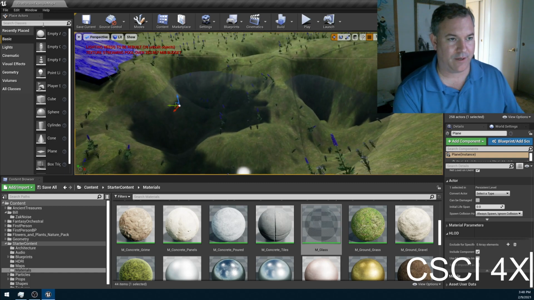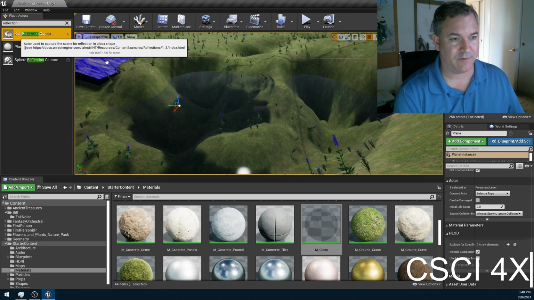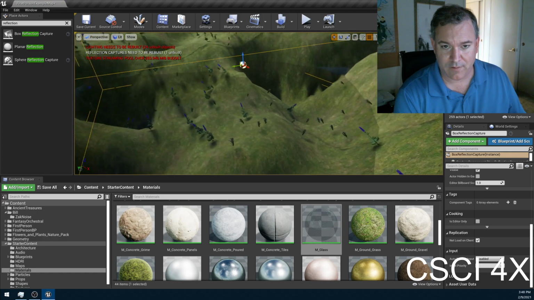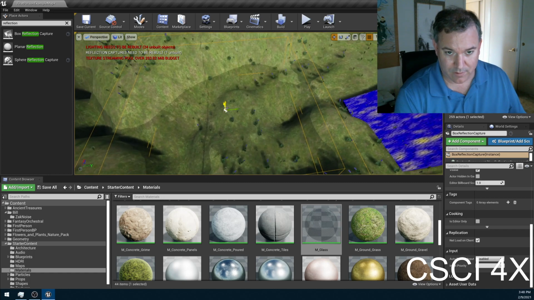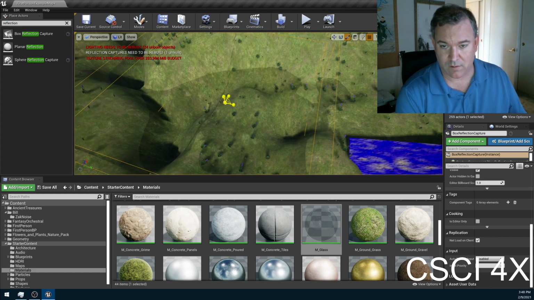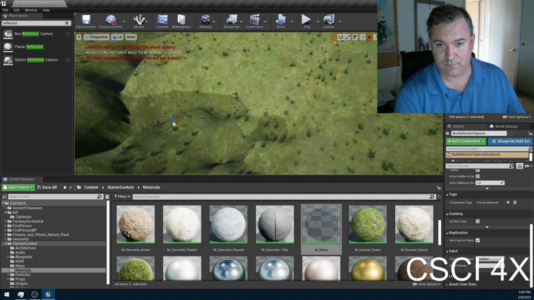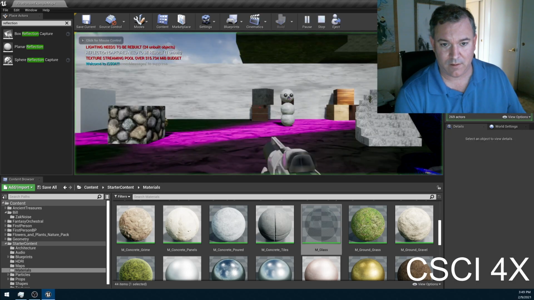One thing you can do is add a reflection capture to it. If you put a box reflection capture on here, you see this yellow area here, then the game will compute reflections for you over that area. So I'm going to encompass the water with it. I'm just going to make sure that all the water in there is encompassed by it. And then when we play it,